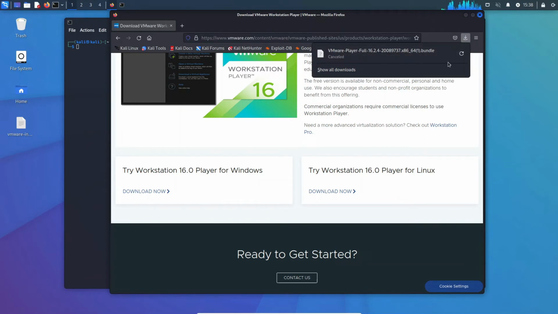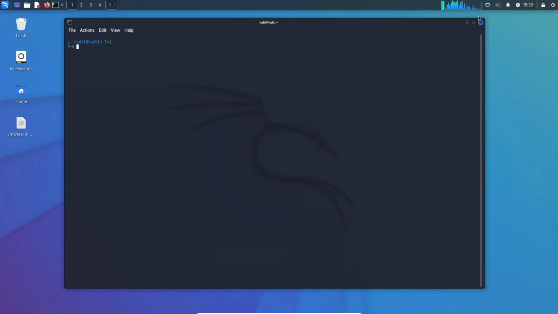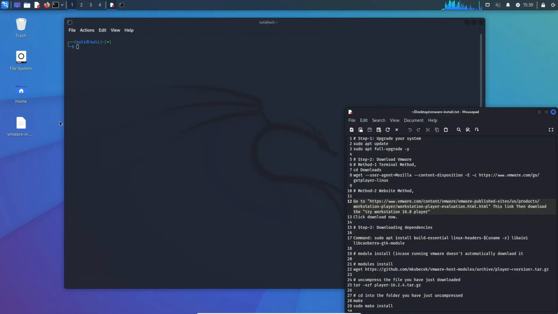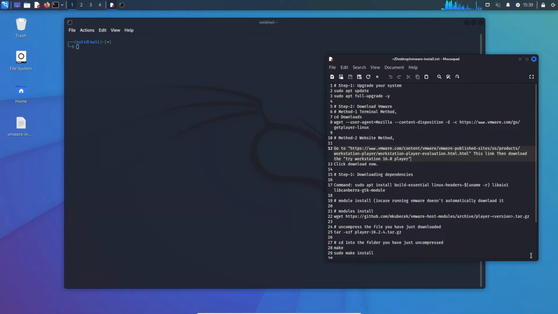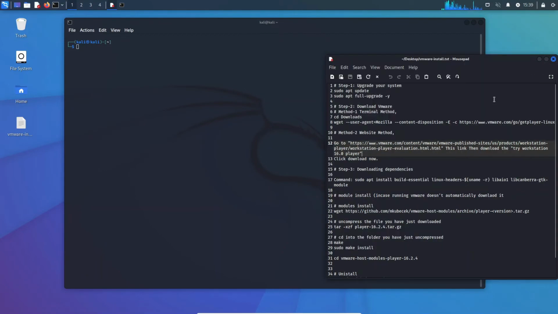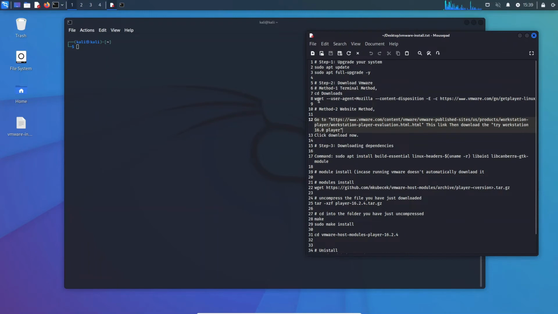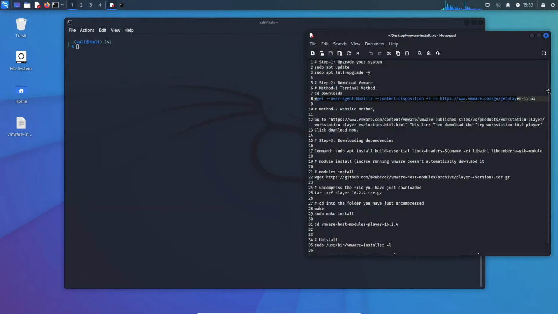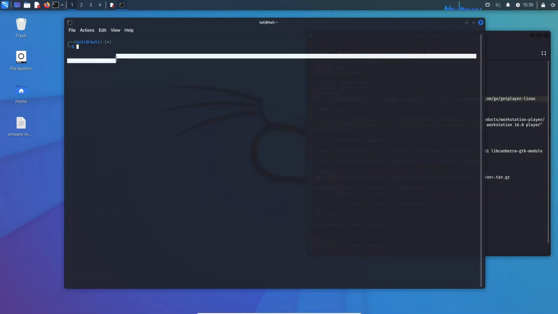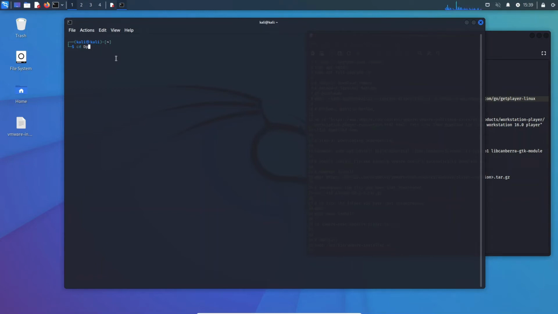Now as you can see, it says 1 because I already have this downloaded. So that's how you download it the browser way. Now there is another way we can download this. If we see this file, this is the one that we created to get the step-by-step guide, and you can see that this one is for the terminal users, who really like to work on the terminal. So if we just get to the downloads menu, let's just go cd Downloads,